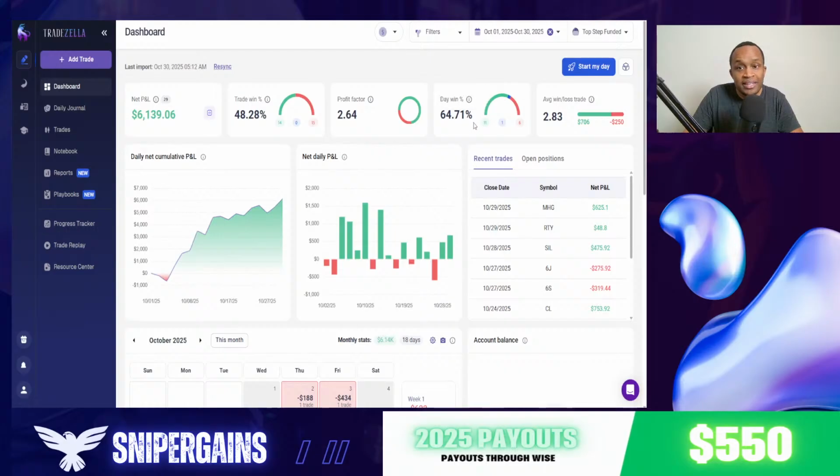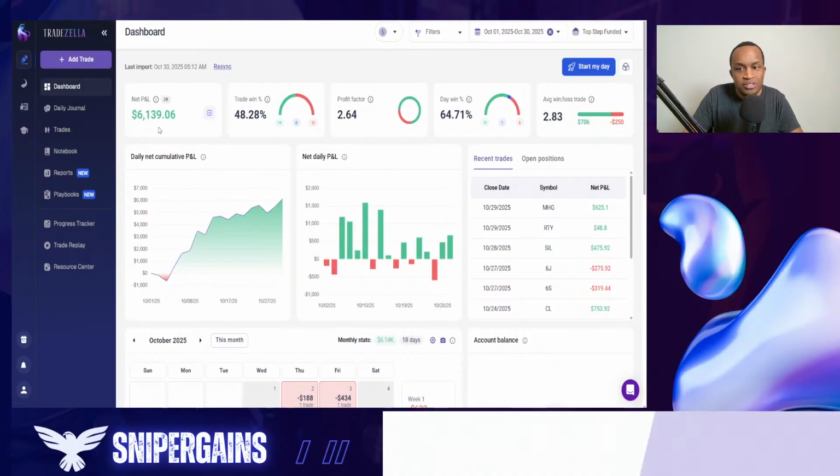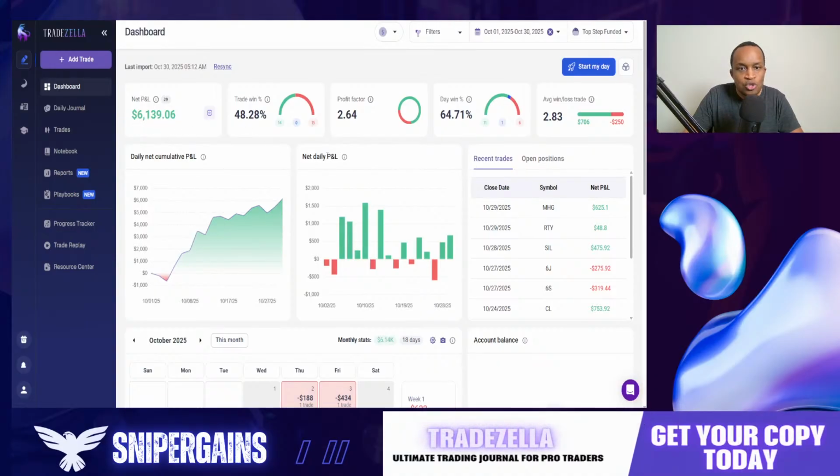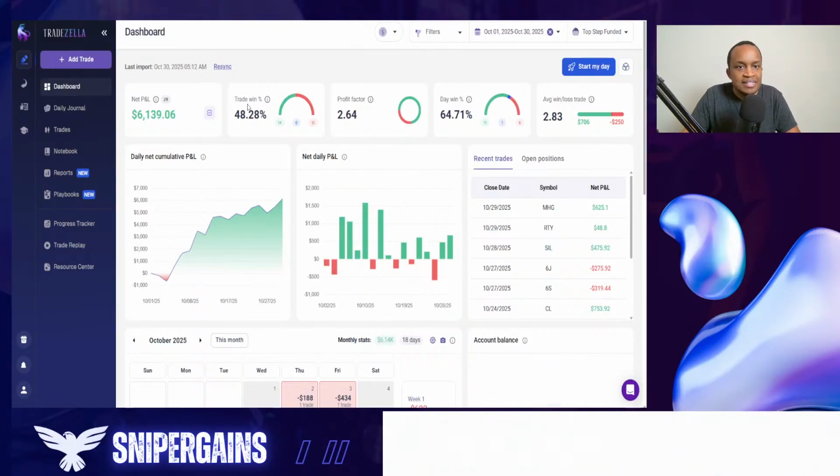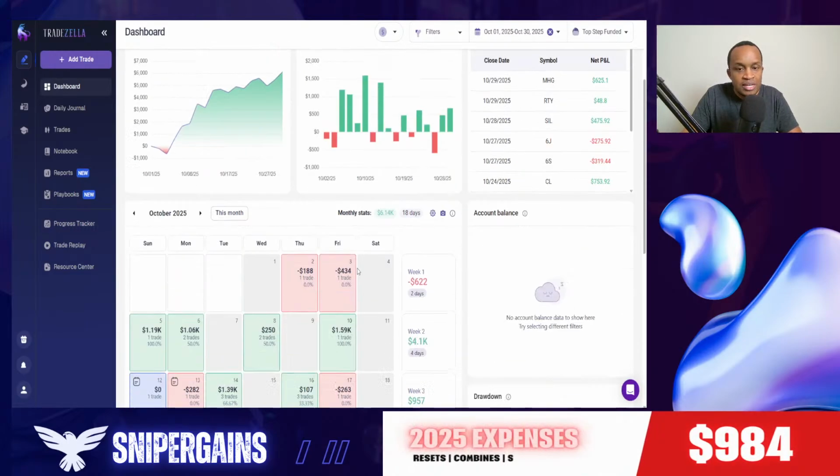Win rate on the daily is 64.71, and we pretty much got up to $6,139.06. So even though the win rate is not as glamorous, right? The key is risking small, going big, and just using good risk management system. And that system that I told you about before is what I've been using, because in the past,